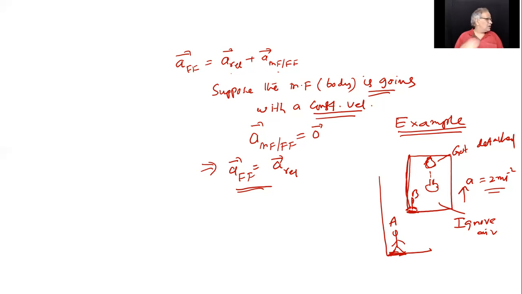For A, the bulb is falling with 10, but for B, it is falling with 12. Do you all agree? And how do you put it in our mathematical terms? Look, a of the bulb